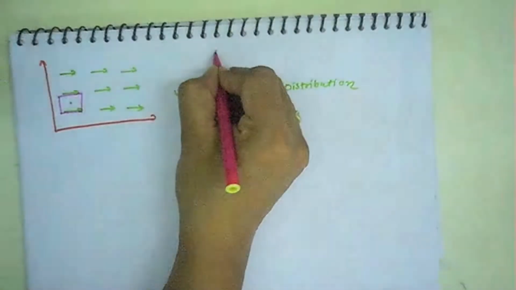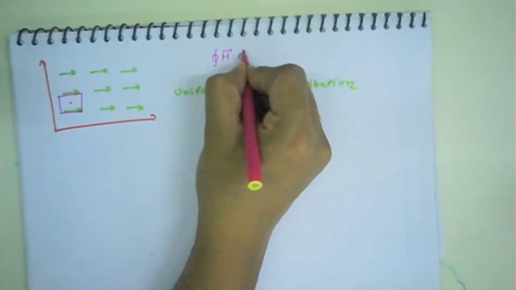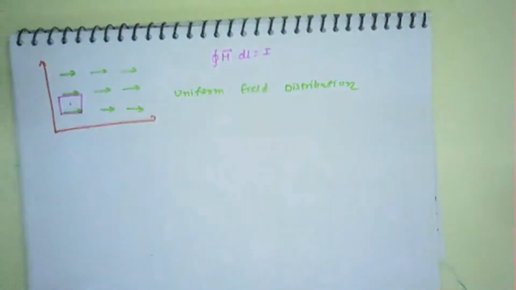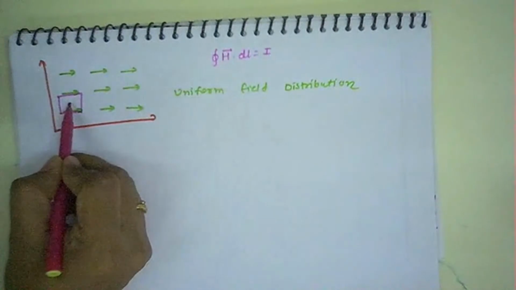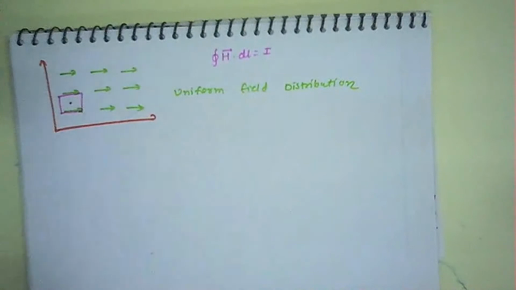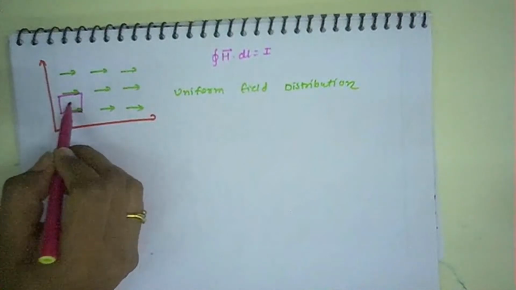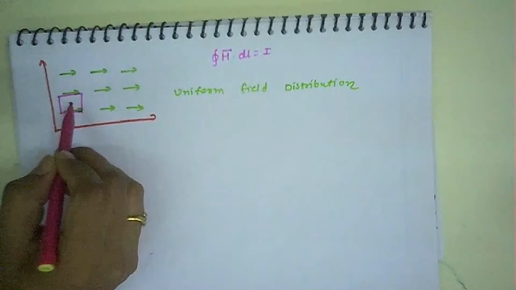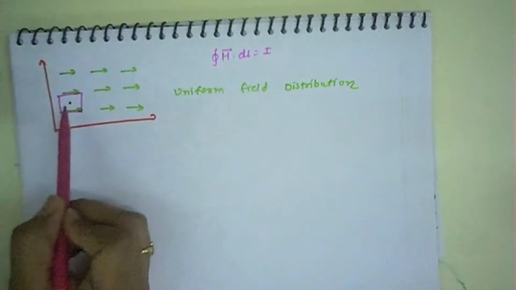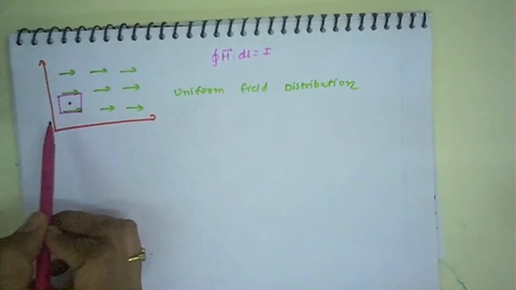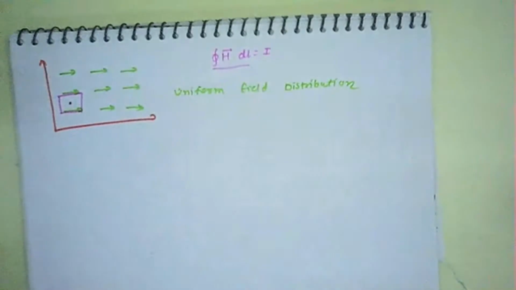We know the integral form of this Ampere circuital law. How do we find out the magnetic field? Let's come to the curl. When we want to find out the curl of any vector, then we have to take a point where we want to find it, and we have to encircle this point. So we are considering one closed path. In this closed path, we are applying simply the closed integration.